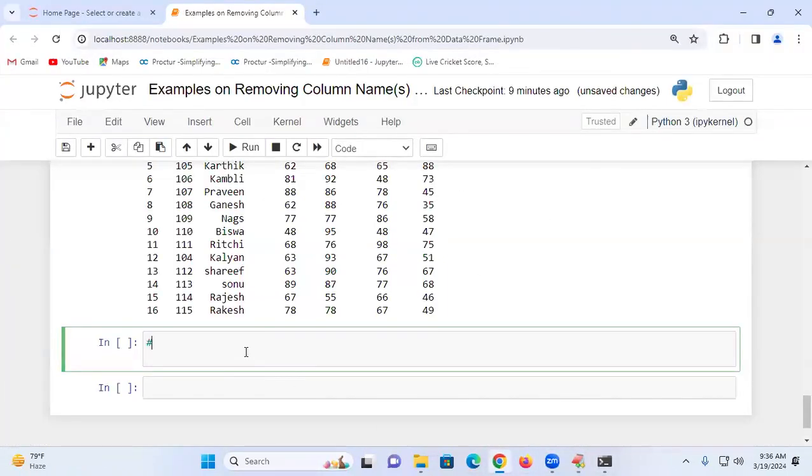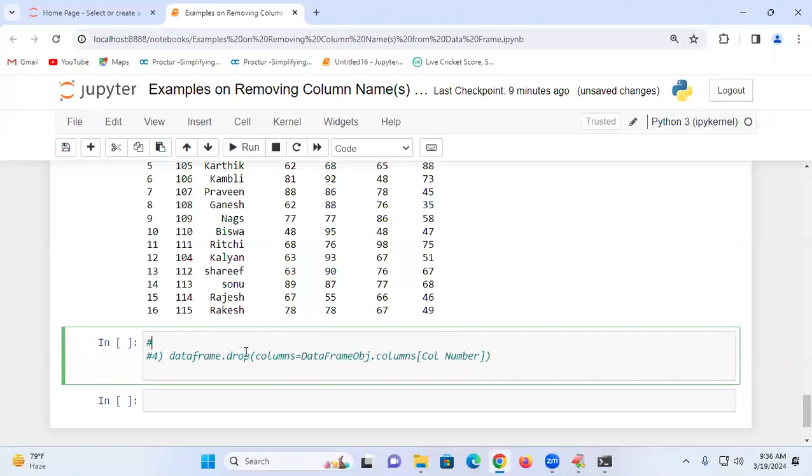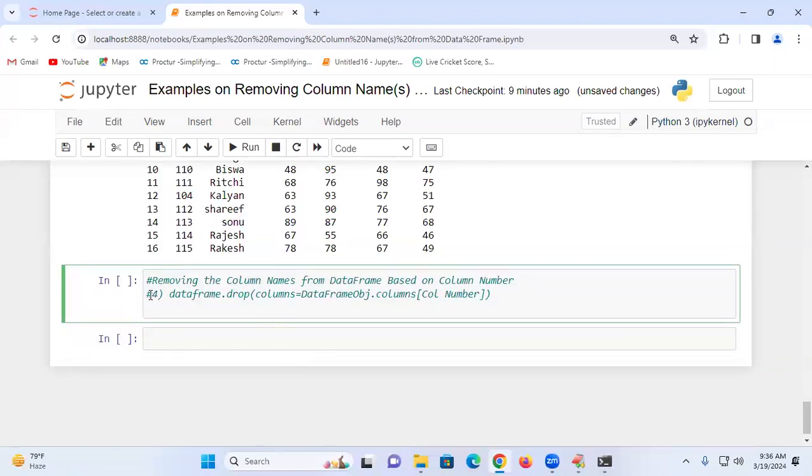Removing the column names from data frame based on what? Column number. Column number. Nothing but what? Column indexes. So this is the syntax. So see the syntax. Data frame object dot df dot. Now say here df dot drop of columns is equal to